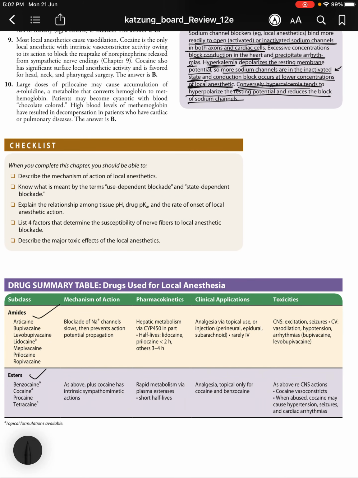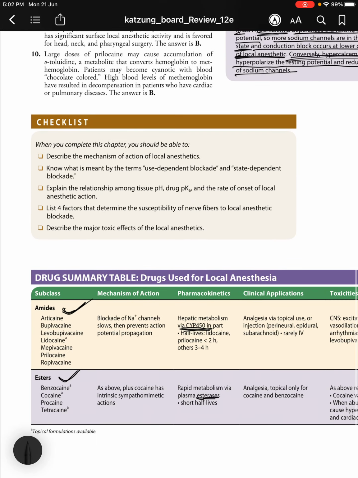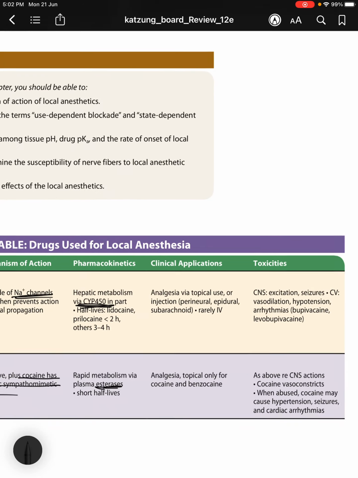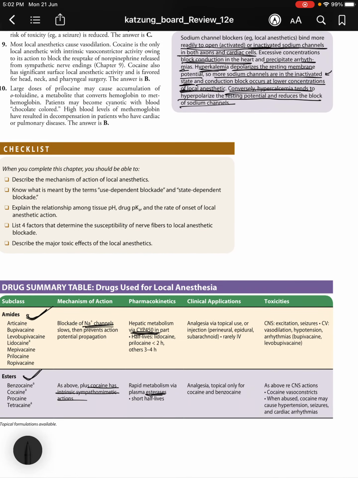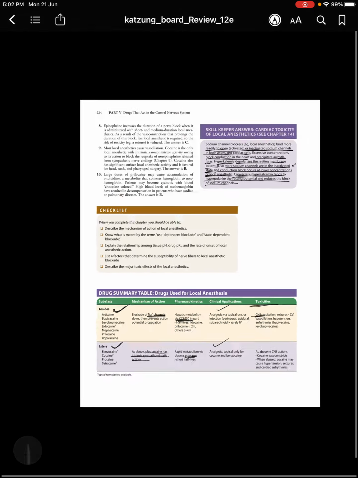Again, these are the things we have discussed, both amides and esters. CYP450 metabolism of the amides, and plasma esterases metabolism of the esters. Amides block the sodium channels, esters also block the sodium channels, plus cocaine has intrinsic sympathomimetic actions. Clinical applications we discussed about the analgesia, and then toxicities, almost all of them have CNS effects. Alright, so cocaine is the only vasoconstrictor, rest